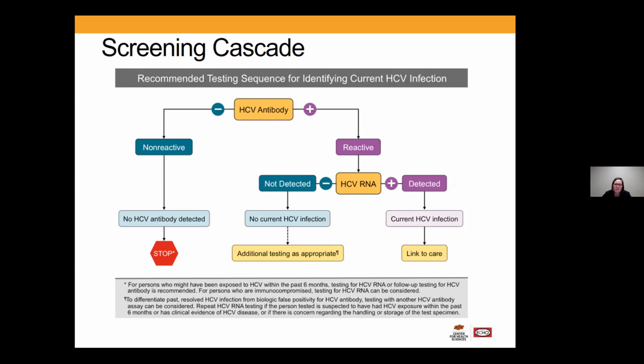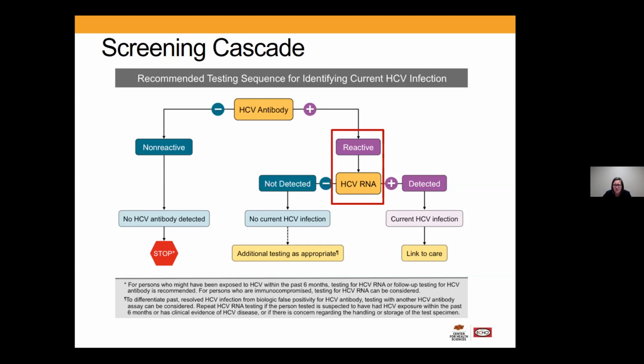But let's say you get the hepatitis C antibody when you've screened a patient and it comes back non-reactive. So that means the patient has not been exposed recently or historically to hepatitis C. And at this point, you wouldn't need to do anything else unless the patient has those ongoing risk factors for acquiring hepatitis C that I talked about. So active IV drug use, hemodialysis, HIV infected men who have unprotected sex with men. So the patients who still have active risk factors would need to be rescreened appropriately.